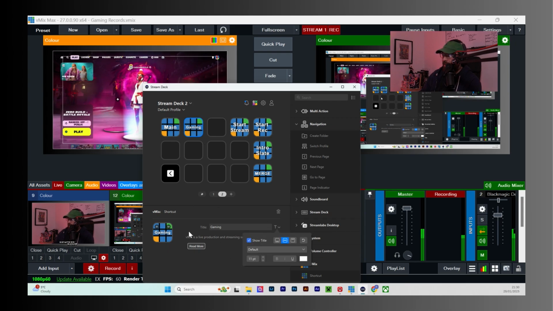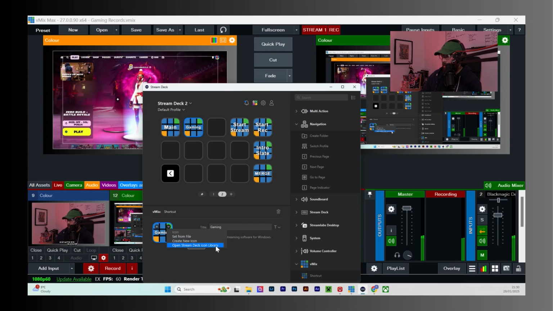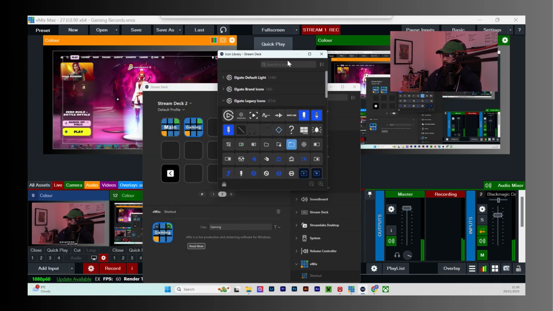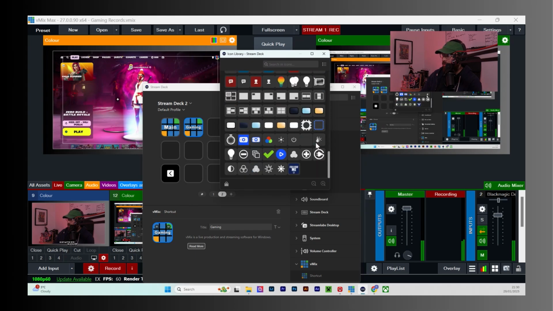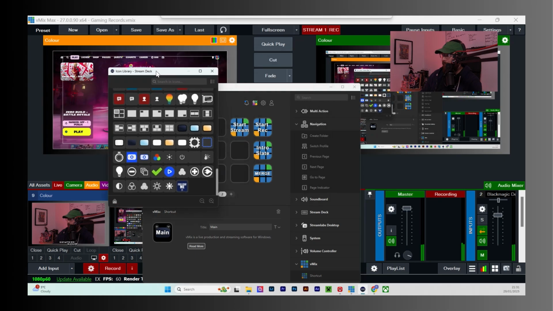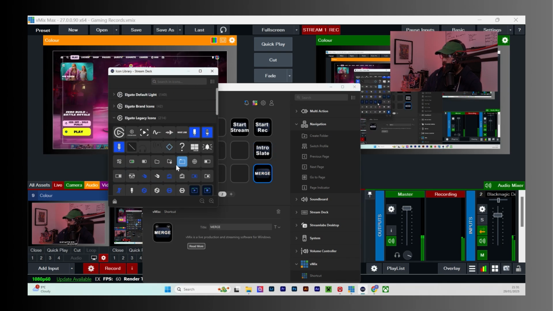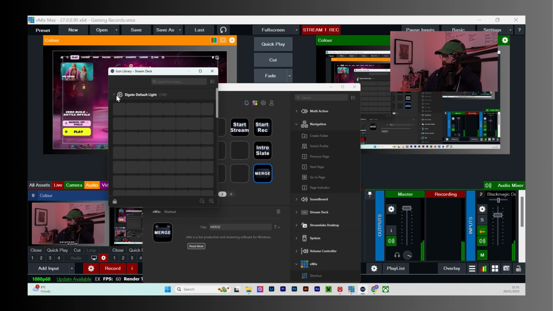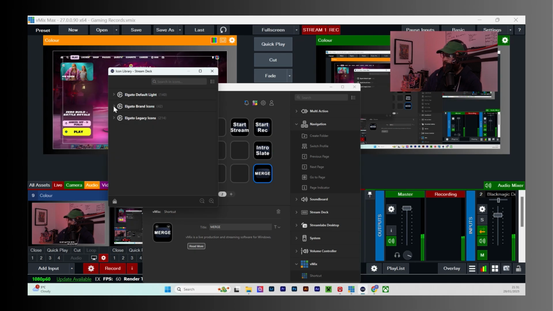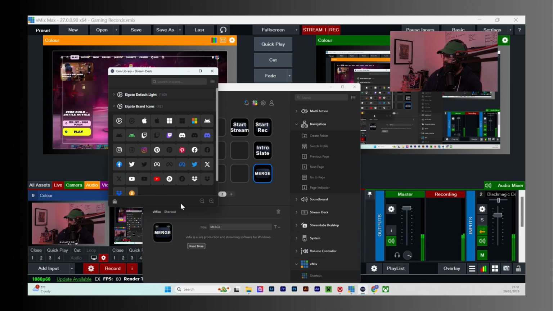It's not pretty. We can change the background. Stream Deck is pretty cool. Go to the icon library, it pulls up this. Usually I just throw on this one. It's pretty straightforward. You can get really complicated. I think I've got some moving ones, maybe not on this one, but yeah, you can go on the web and download a bunch. There's a bunch of paid versions as well.